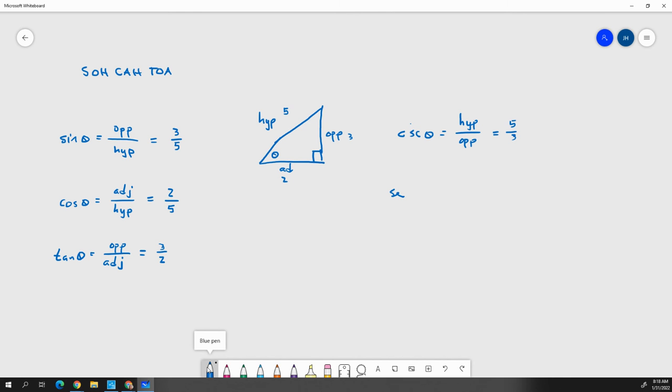Secant of theta is the inverse of cosine, so it would be hypotenuse over adjacent, which in this case would be 5/2. Cotangent would be adjacent over opposite, which is just 2/3. Now, those numbers would never actually work because of a thing called the Pythagorean theorem, where